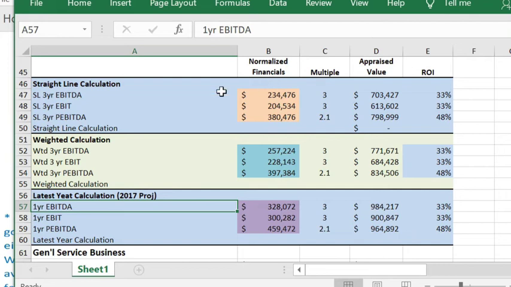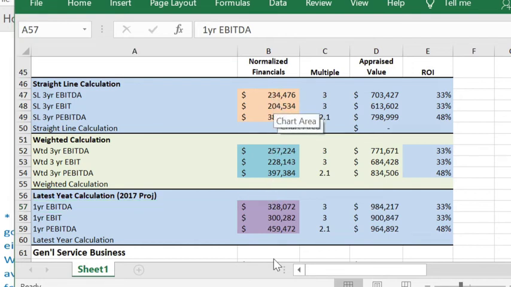Here we've got the normalized financials. Normalized, of course, meaning adding in all those add backs, all those expenses that were run through the business that a new owner would not inherit, and then based on these various scenarios coming up with a possible appraised value of the business. So based on EBITDA, we can see here, and a straight line calculation, that's a possible appraised value, 798. Down here, if we're looking at a weighted calculation, it could be 834,000. And if we're looking at a latest year calculation of our EBITDA, we could come up with a figure